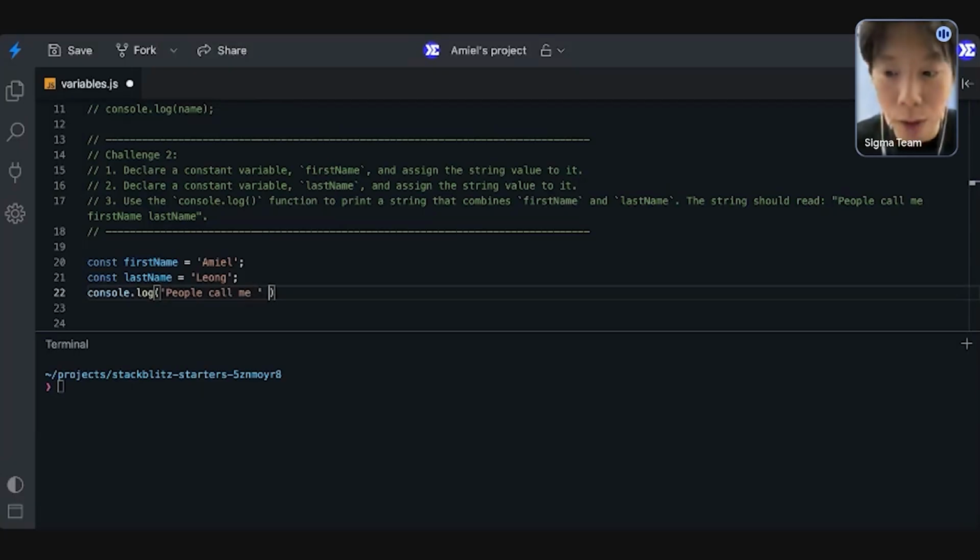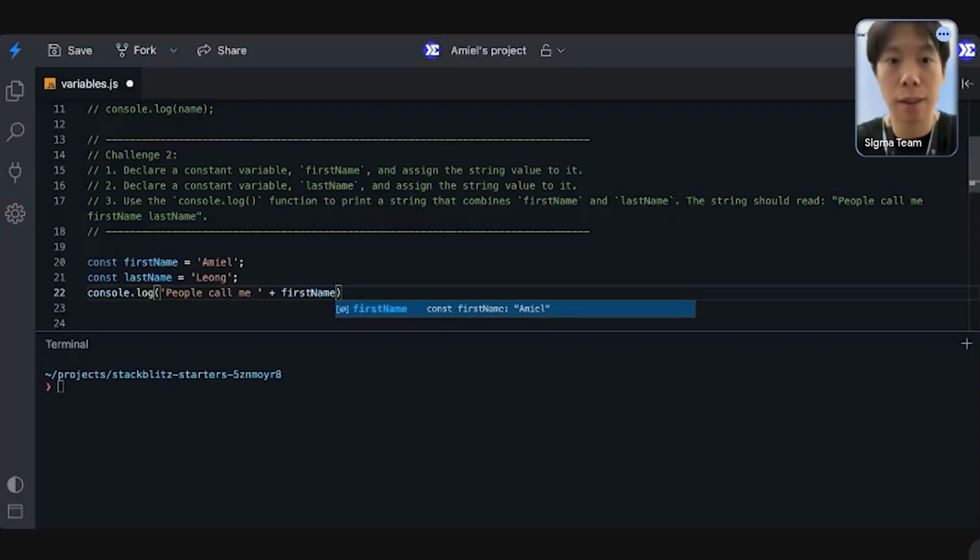So how we do that is, because we have a variable, we'll do an add symbol, right? One add symbol, and we want to add in the name of the variable, and then add a space, add, and then we'll do last name.